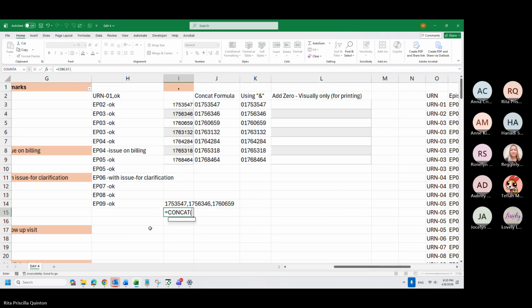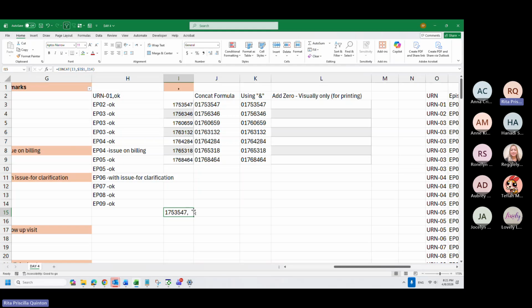Concat, this, comma, this. Okay, and make it absolute, so it will not move, comma, the text on the top. Why do I do this? I have to make this one I3 absolute, so I want you to focus on this, because this will get complicated now. I3 combined with this, combined with the one on the top.